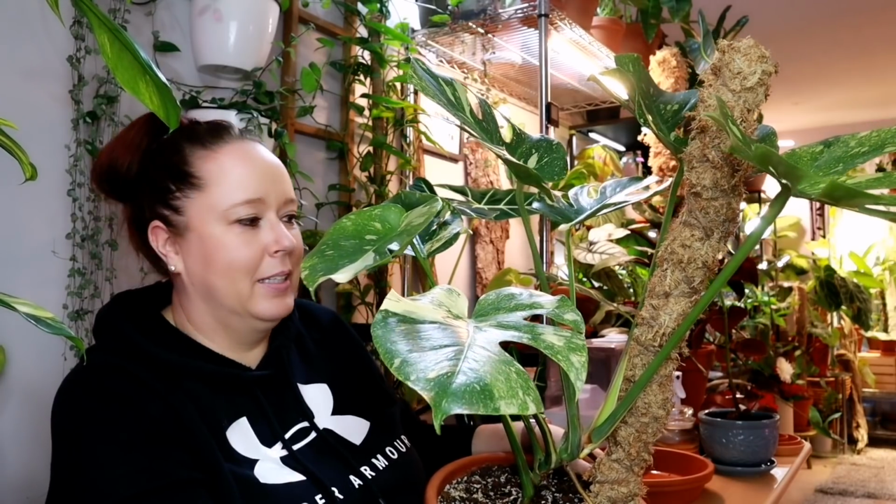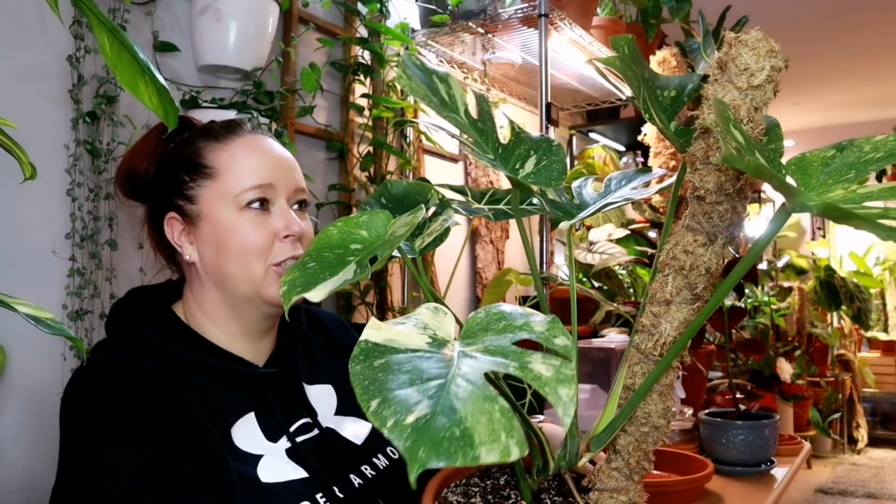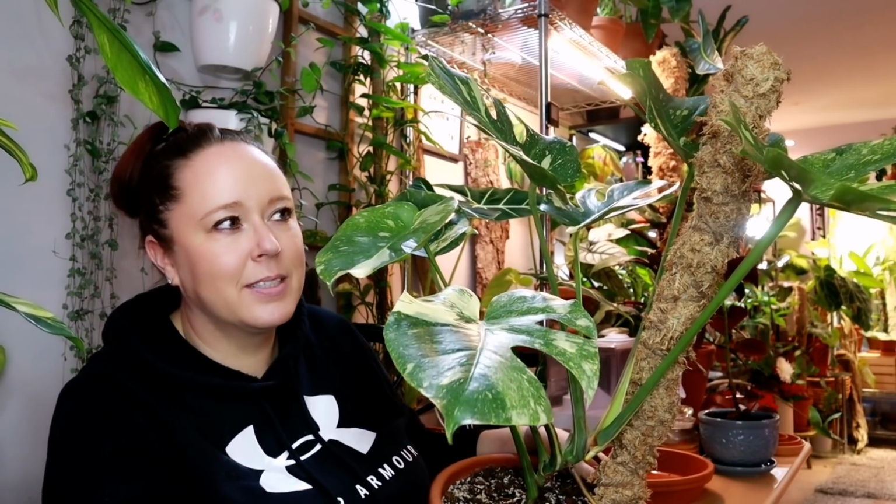Okay. Oh, this is a big gal. So this is my Thai Constellation Monstera. She's huge. If you have been around since last Christmas, this is the plant that inspired my